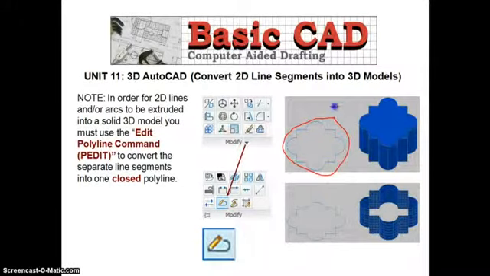Using this 2D profile, we have generated this 3D object. What is the difference here? This and this. It is a solid object, it is a surface. This is generated by region. This object is not a region. You know very well what is the difference between region and 2D profile.